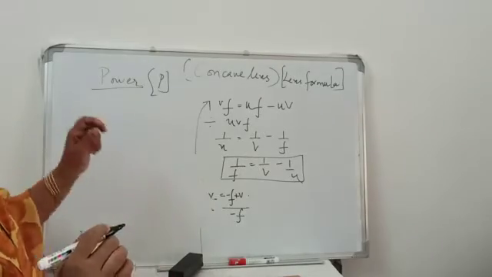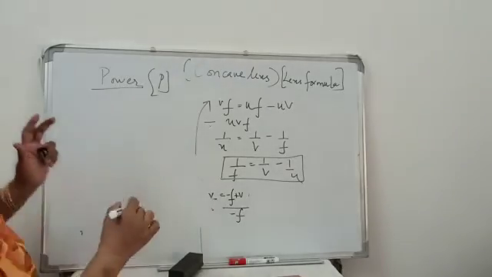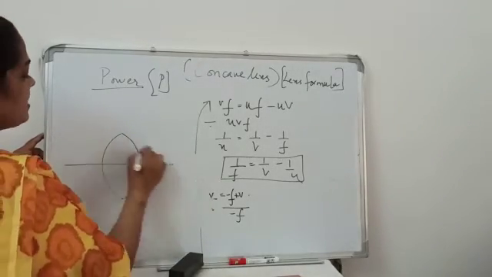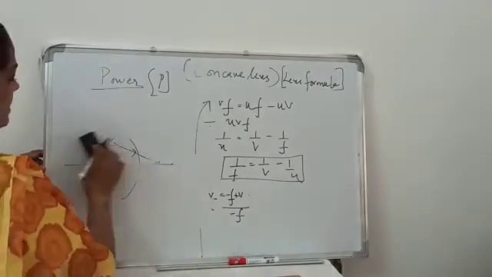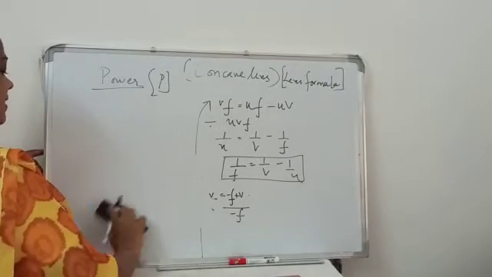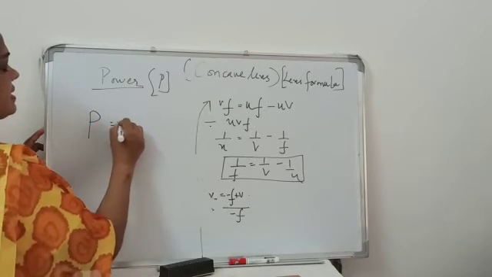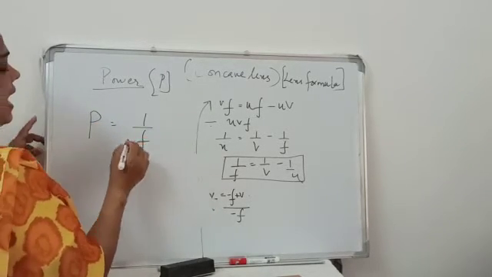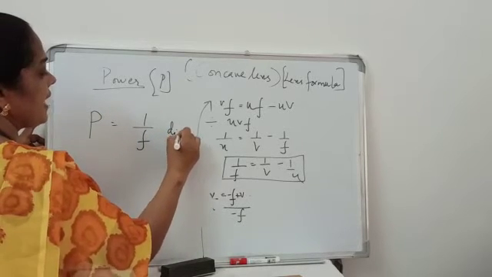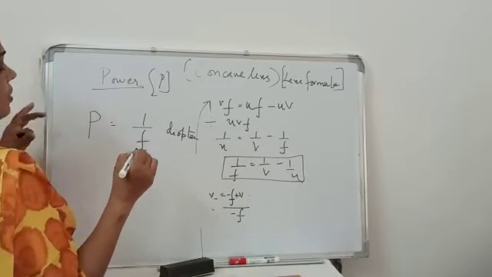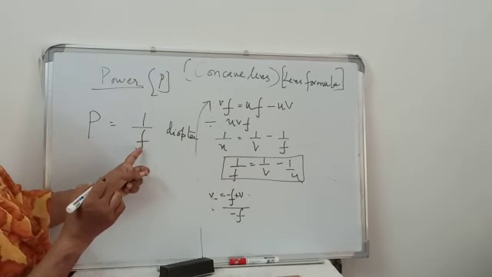For example, when you consider a thick lens, it always has a short focal length. Therefore, the ability to converge will be more compared to a thin lens. So, a thick lens will have a larger power than a thin lens. And the expression for power is 1 by F. And if F is in meters, you write the unit as diopter. So, the power of the lens is said to be 1 diopter if it has got a focal length of 1 meter.